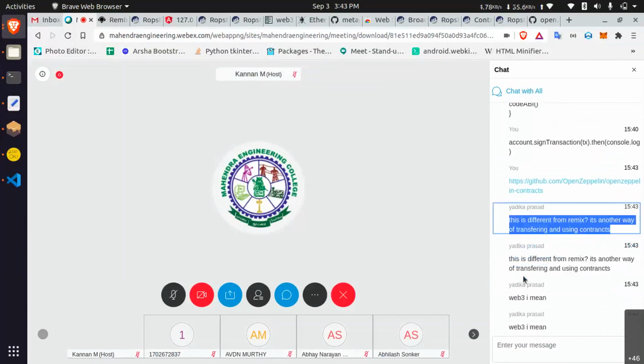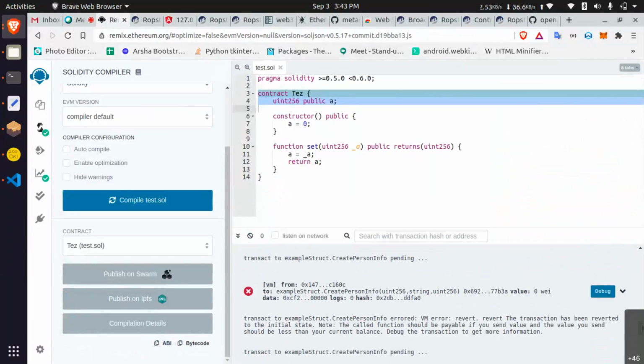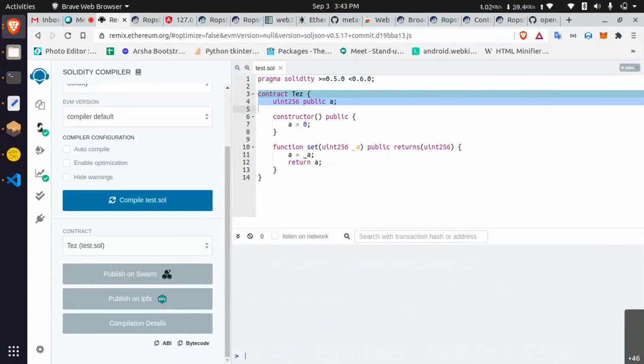This is different from Remix. Is there any way to transfer using a contract? Remix also uses Web3 only, right? You can see that at the start, they say what are the things they use. They are using Web3.js only in Remix.